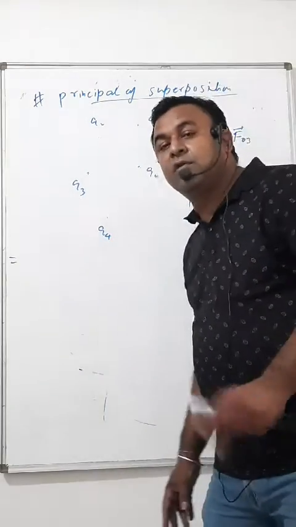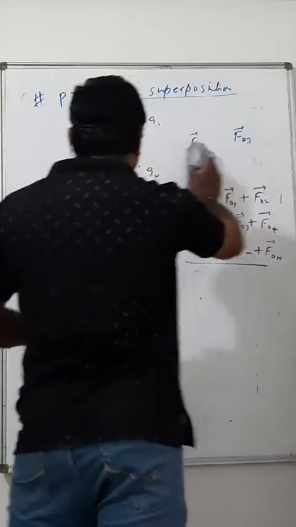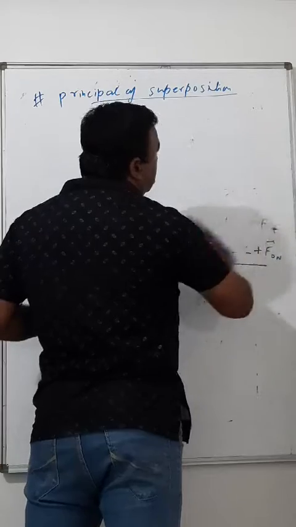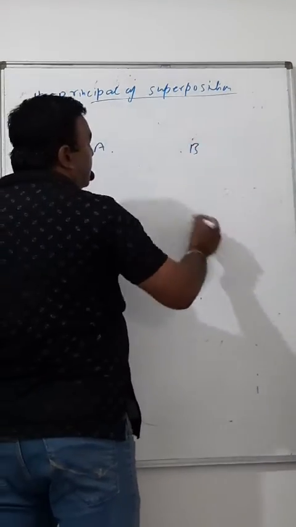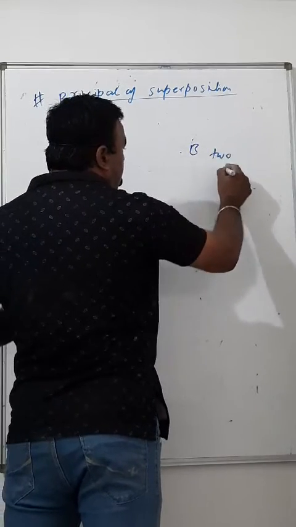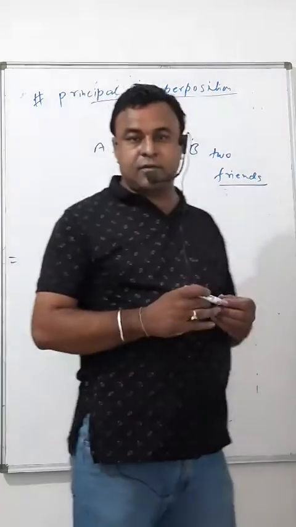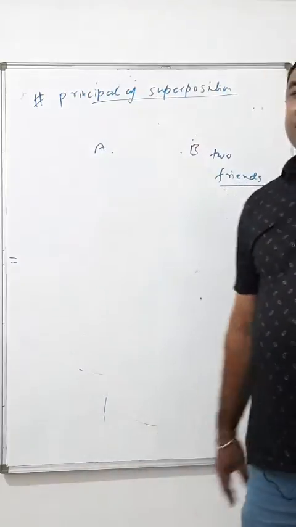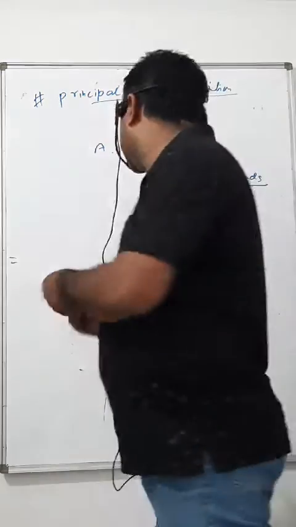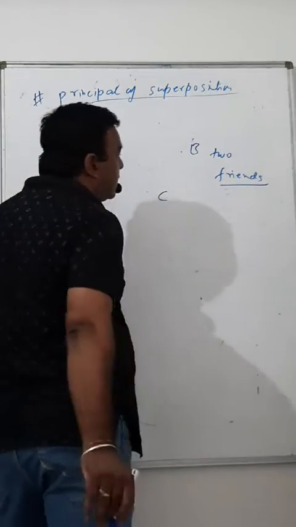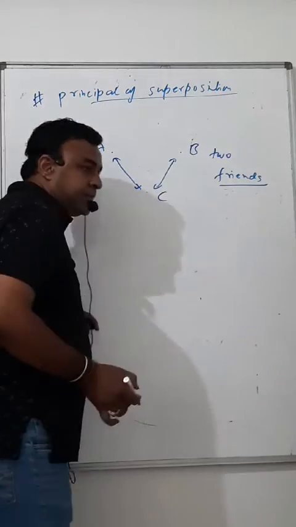Now you will say that's obvious also. Now take a good example of it. A and B are two friends. There is a certain kind of relationship between them. Let's suppose you are studying with someone in class 10th, and you are good friends. In class 11th, a third person, C, comes, who becomes a friend to A and a friend to B also.